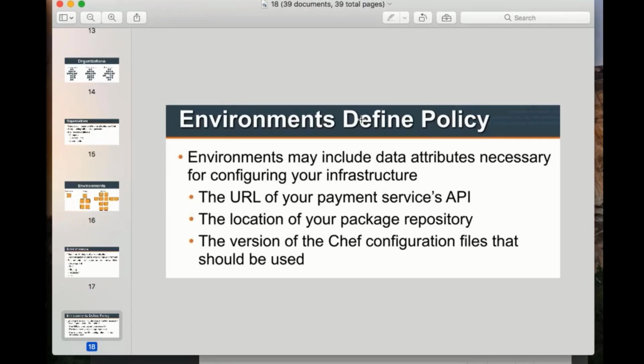And you see, environments define policy. This is very important. So what is policy actually? Environments may include data attributes necessary. There are some attributes, I'll talk about this later. It says the URL of your payment services, the location of your package repository. So basically now, let's say whenever you want to go with something like